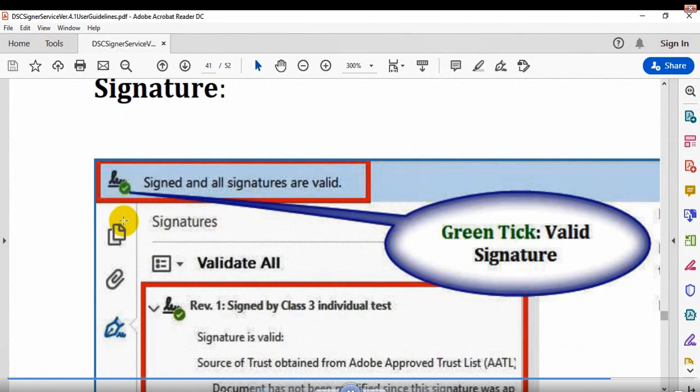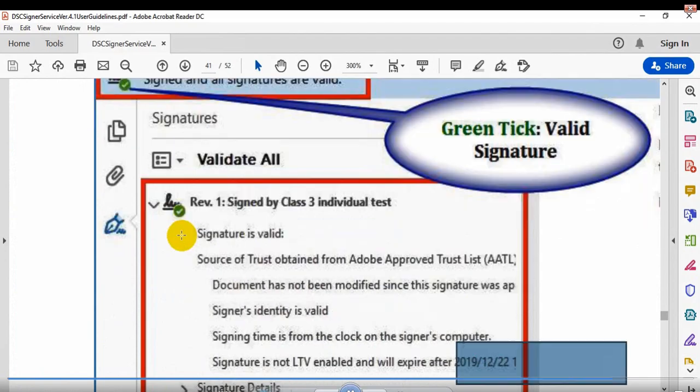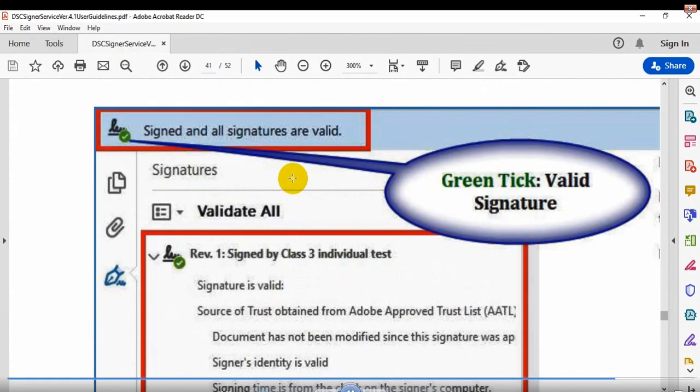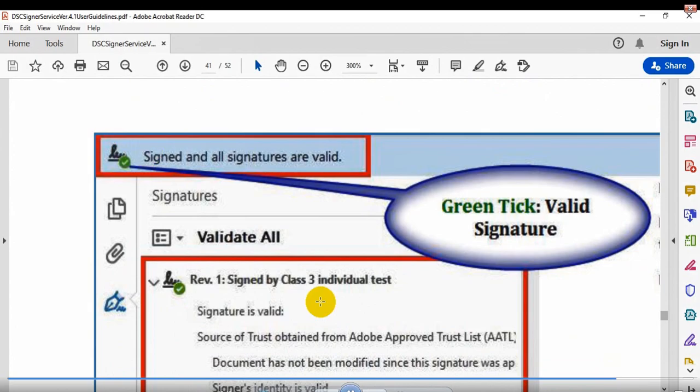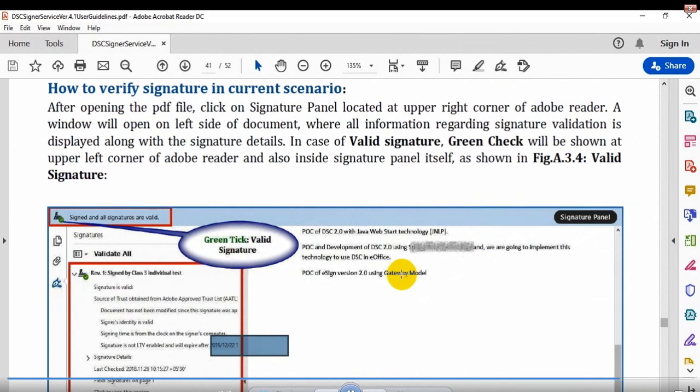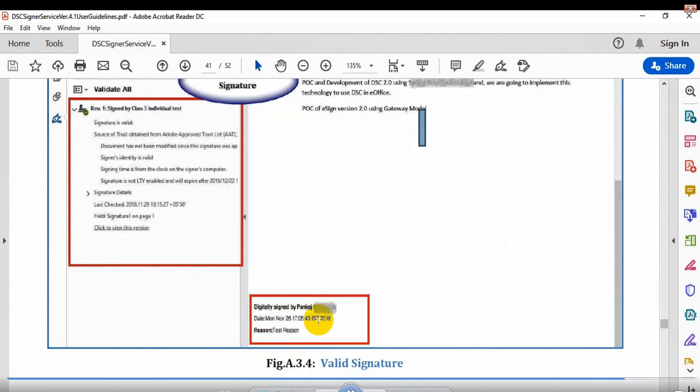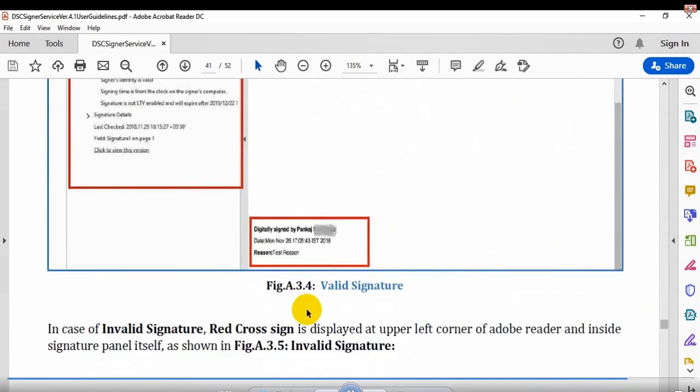Okay, the same mark but in this form, and below that some details related to the signature are coming, but no need to read it. Our intention is achieved by seeing this. Green tick means valid signature. I am decreasing the size of this document again. Let me come above again. Here some details will come that it is digitally signed by someone, when and what, all such details can be seen. Now what if it is an invalid signature?